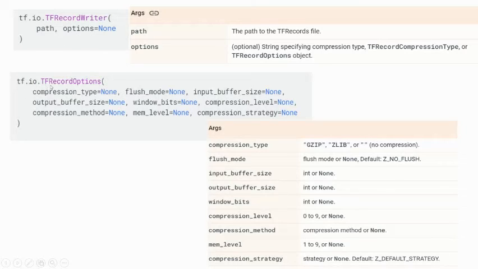The second one is TF record options, which has different arguments. The one we have used here is the compression type. The compression type is either gzip, zlib, or no compression (none).